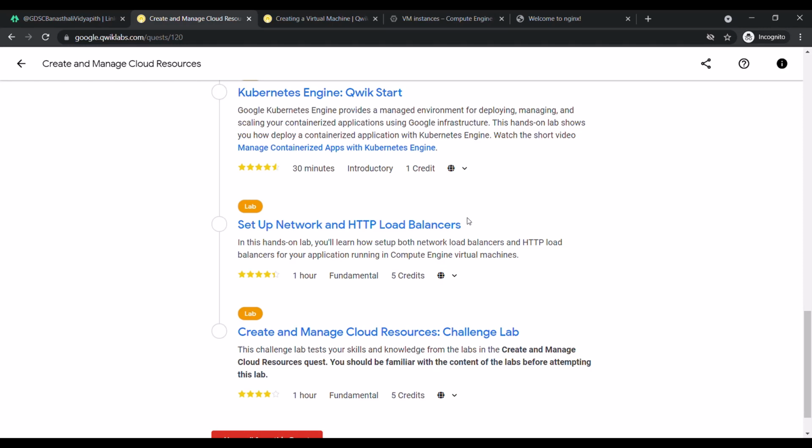Now what is a challenge lab? A challenge lab is a very special lab. This lab judges you on the basis of what you have learned previously in your previous labs. In this particular challenge lab, you won't be getting any documentation to read from and then follow up as you were doing previously. You'll be given 3 tasks and you need to perform these tasks in order to earn your badge. Remember, there will be no documentation.